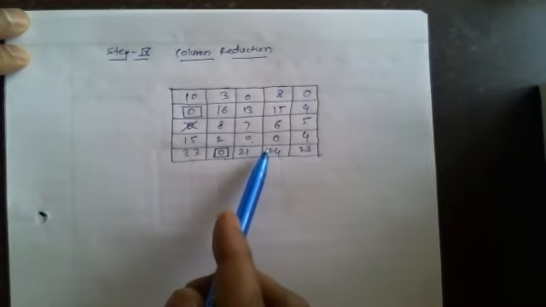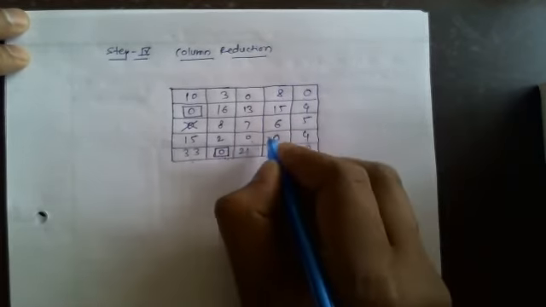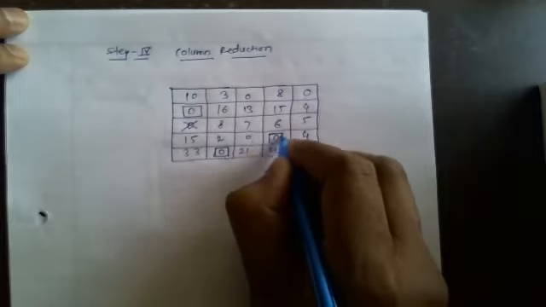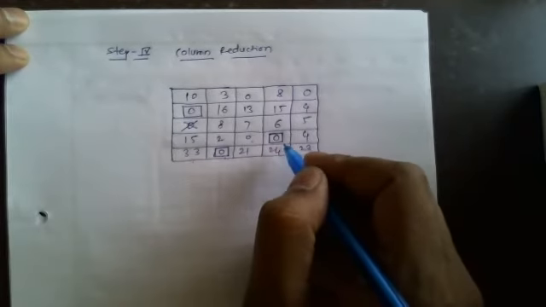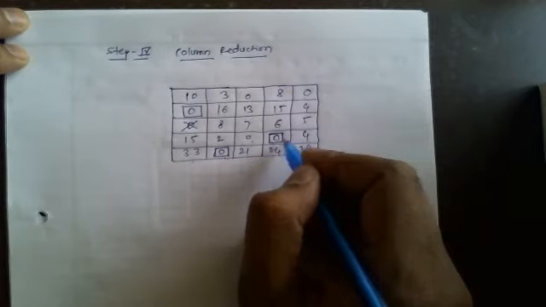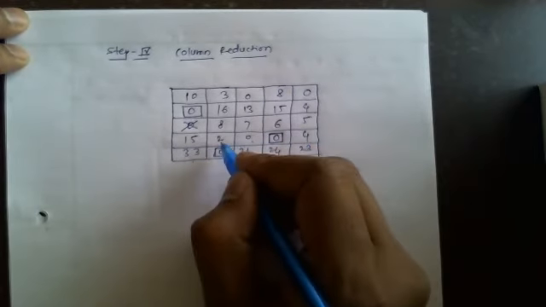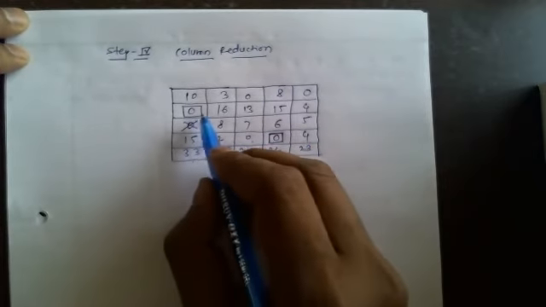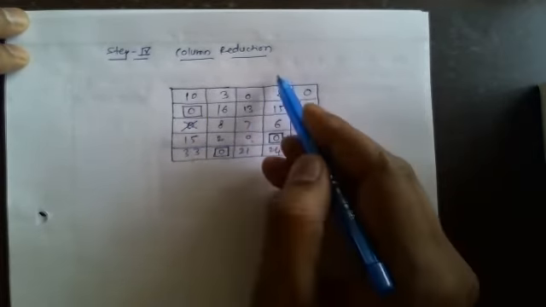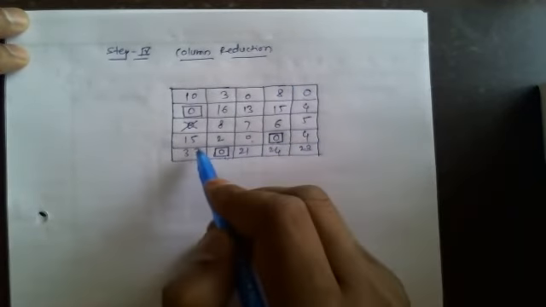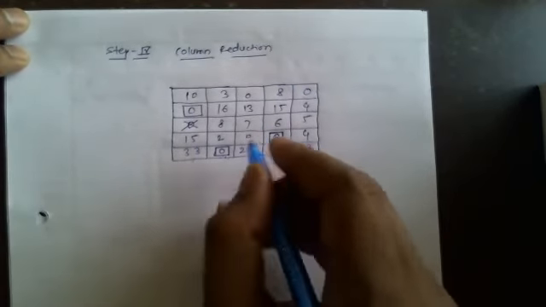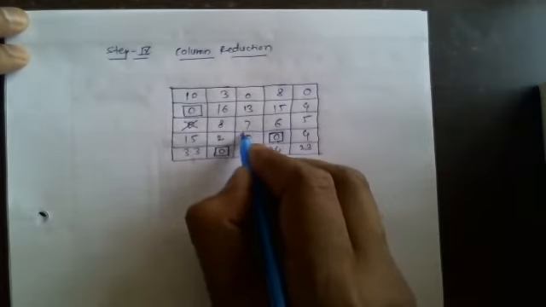Now see, in fourth column we are having single 0. Then I will assign this 0. Now when we are assigning column wise, then we have to mark cross other zeros present in that particular row. Understood? When we do row wise, we cross the zeros in the column, and when we do column wise assignment, we cross mark the remaining zeros in the row where the assignment was made. So in this row the zero is present here, so I will cross here.